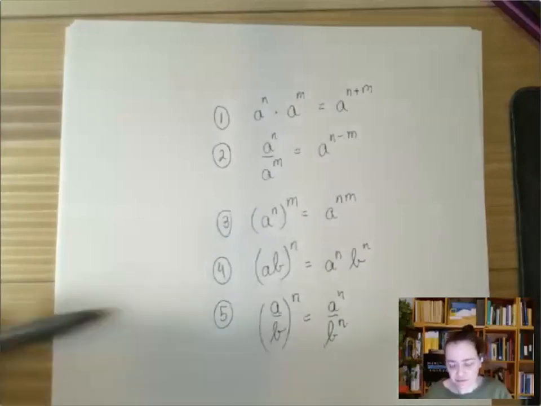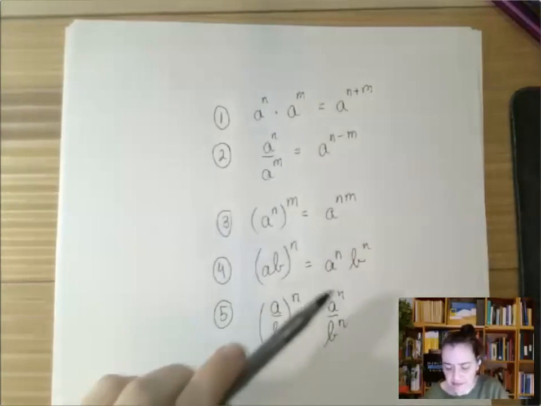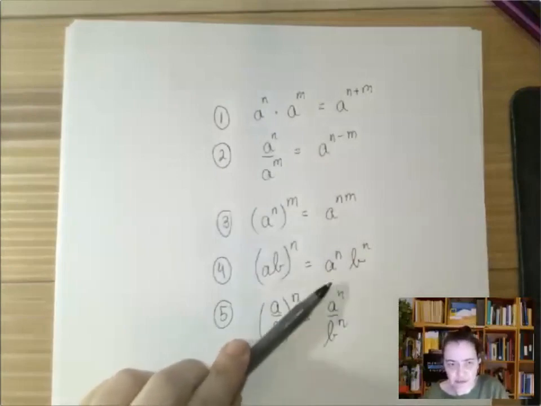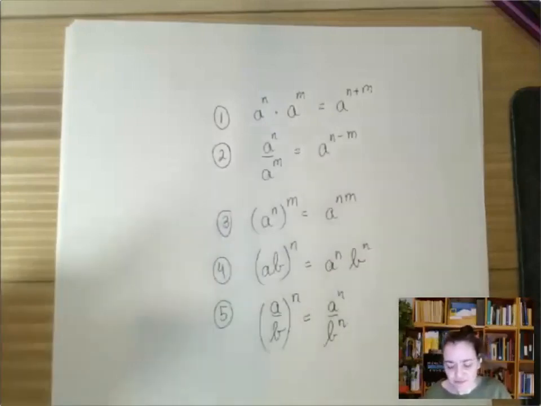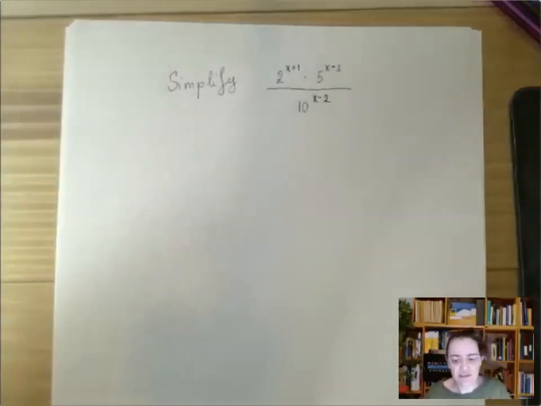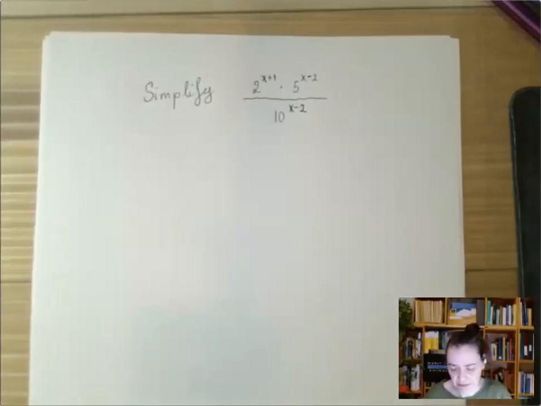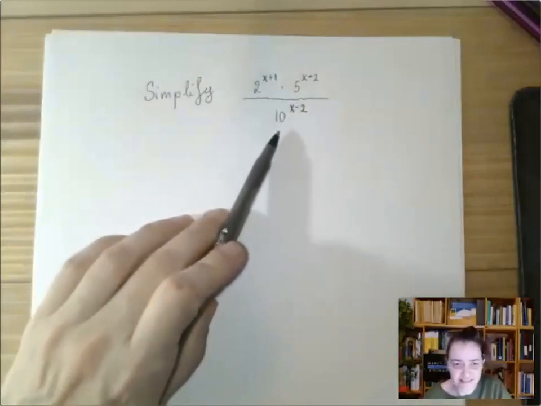And rule number 4 and 5, the base A and B are not the same, but now the exponent is the same, right? We're exponentiating a product, and we can do that factor by factor. So these two groups, where the base is the same versus where the exponent is the same, will give us two different ways to simplify this expression. All right, let's see. So one way to do it is sort of the first grouping where we're going to go for the base. If you notice, there is 2 and 5, not related, but then 10 is 2 times